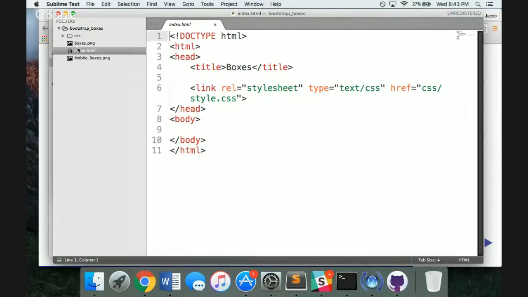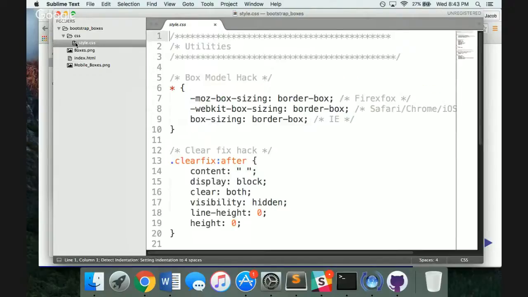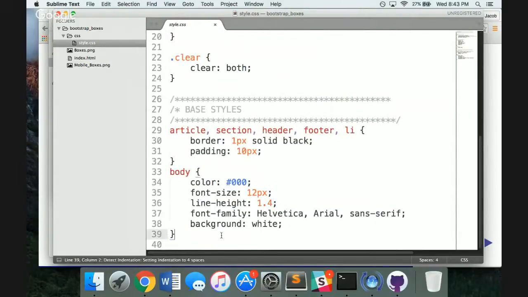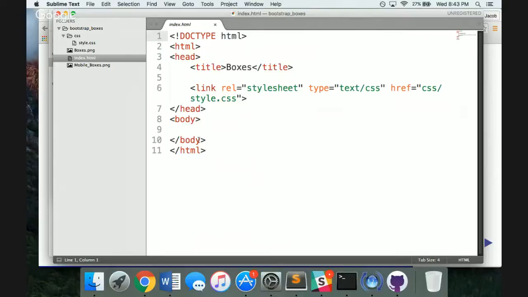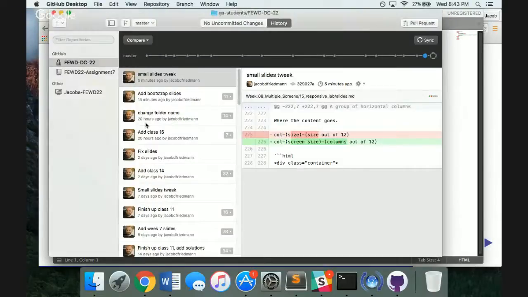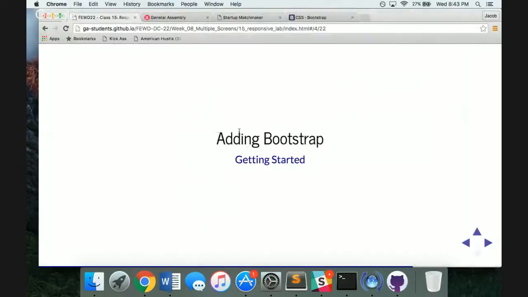You'll notice our HTML is empty. We've got a few things in our CSS, but not much. The only thing I really added was to give some things a border so we could see them. So what we need to do is actually add Bootstrap to this project in order to use it, okay? And the way we're going to do that, I'm going to go back to the slides here, is